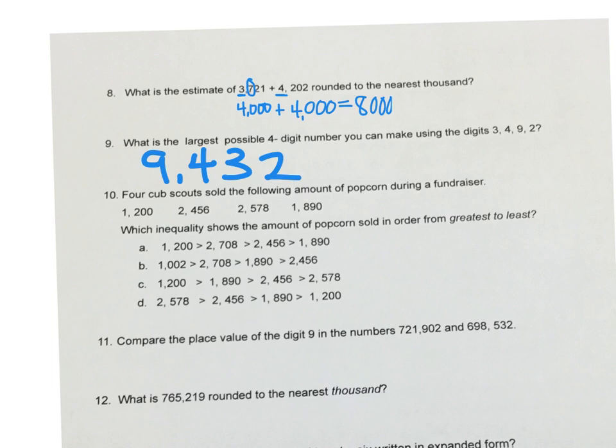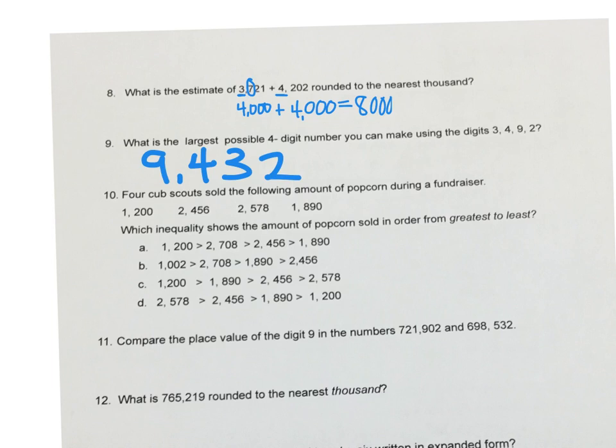Number 10, 4 Cub Scouts sold the following amount of popcorn during a fundraiser. Then you see the 4 numbers that they sold. Which inequality shows the amount of popcorn sold in order from greatest to least? So you take those 4 numbers, put them in order from greatest to least, and make sure that the signs are going the right way. The largest out of those numbers is